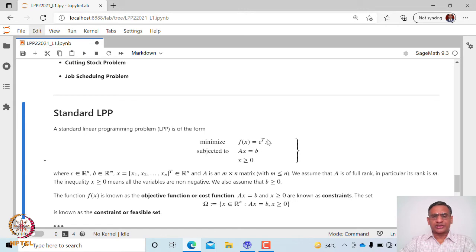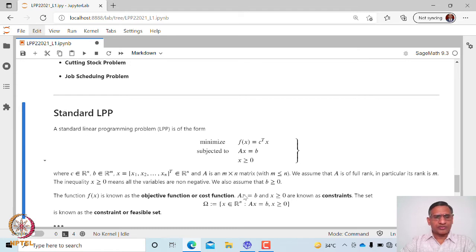which will be c transpose x. Let us assume that x is x1, x2, up to xn, N variables. So this will be c1 x1 plus c2 x2 plus ... cn xn. That is to be minimized, subject to constraints. We will be considering all equality constraints. Let us say there are M equality constraints that we can represent by Ax equal to b. And we will also assume that x is non-negative. That means all design variables are non-negative real numbers, and the right hand side of Ax equal to b is also non-negative. So this will be our requirement.